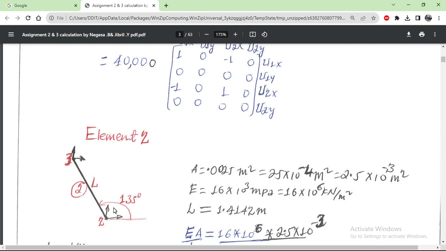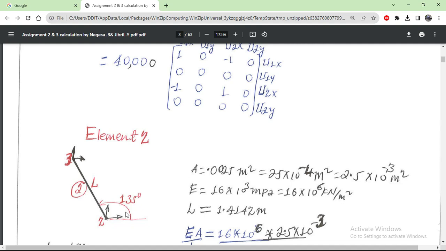This one is inclined in like this. The area and the angle modulus are given. We should calculate the length of the element. The length is 2 here, from point number 2 to number 3. Then the inclination angle of this object is